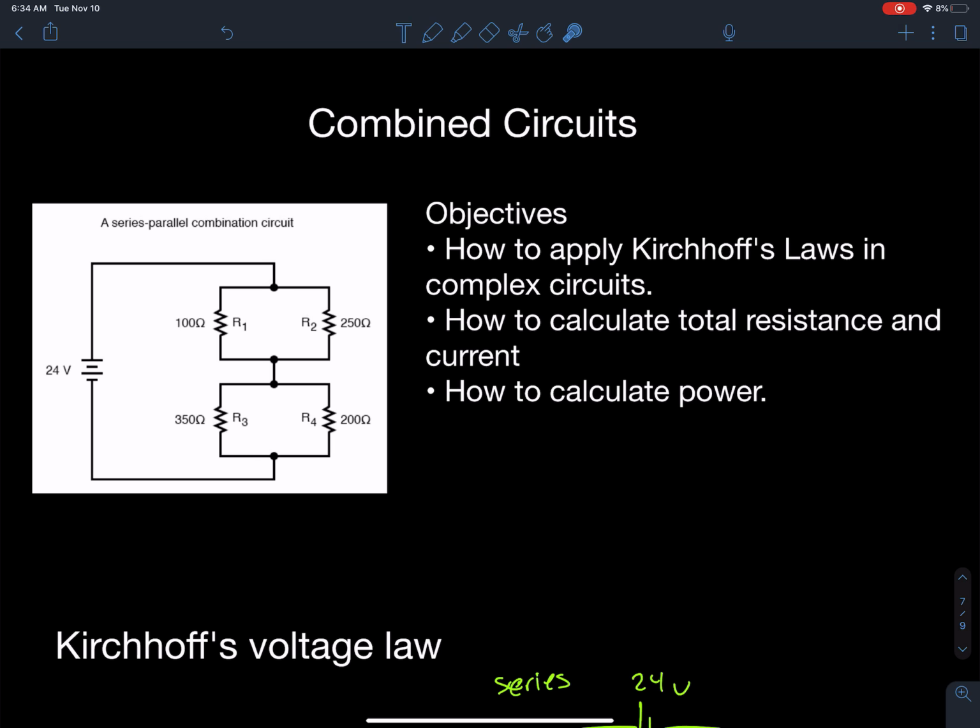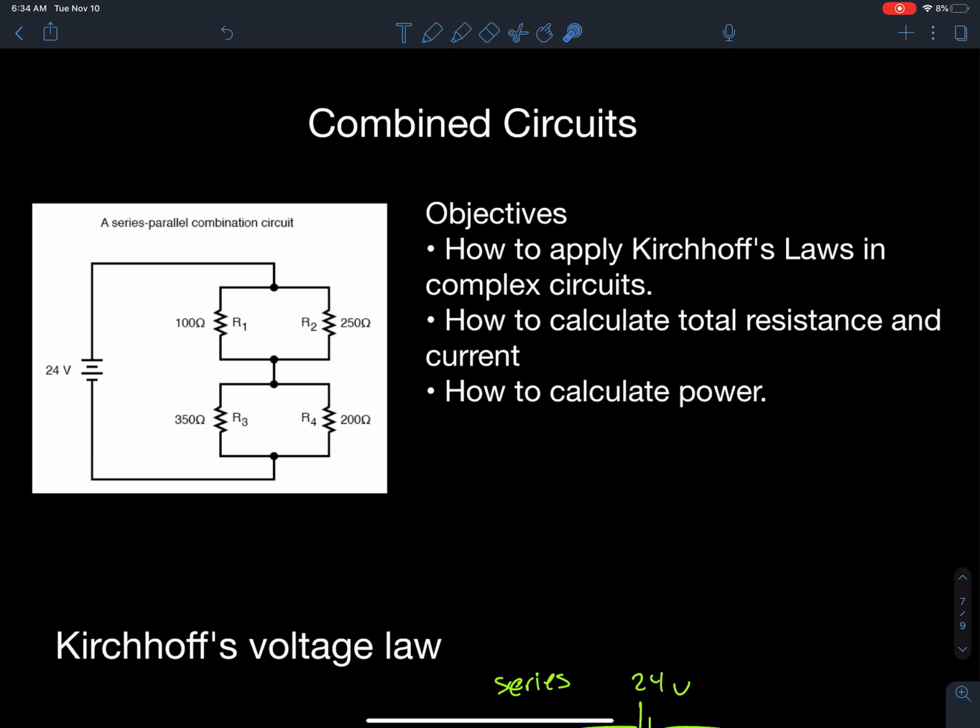After presenting series and parallel circuits, in reality we often have circuits that combine elements of series and parallel circuits together, as you can see over here. Here we have a circuit that has two parallel branches connected together in series. So this video is going to look at how we can apply Kirchhoff's laws to a complex circuit like this,